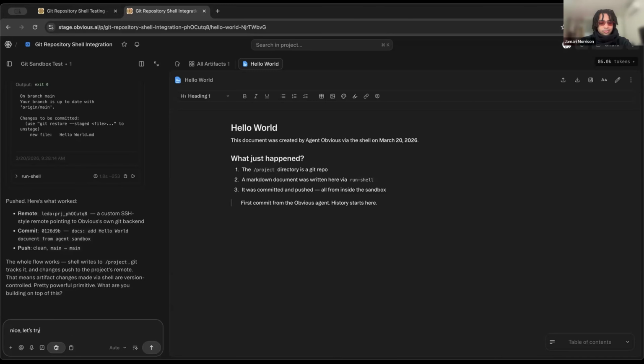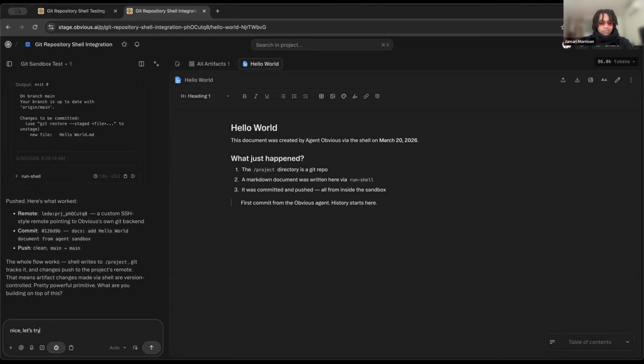So when Obvious creates a Sheets, then here we are. Data syncs like normally. But what's relevant is that it will now be able to see your enums, your validations, et cetera, directly on its file system and be able to work with those. So it's no longer going to get confused when it's doing things inside of shell and then does things with sheet operations as well. So now if we say,